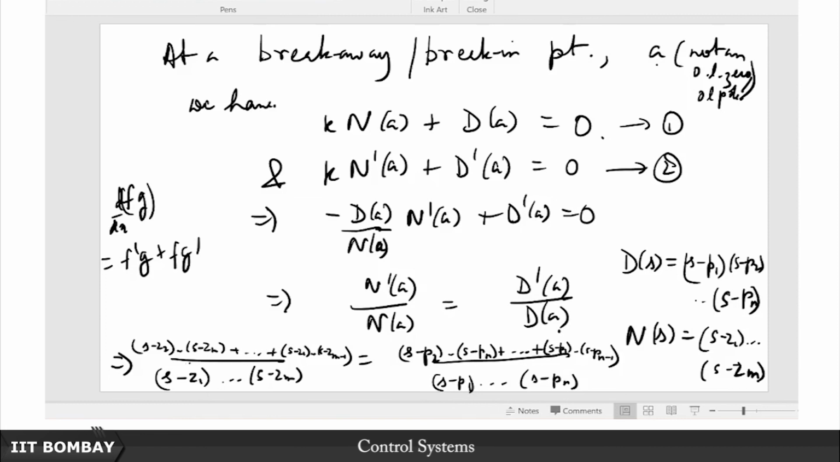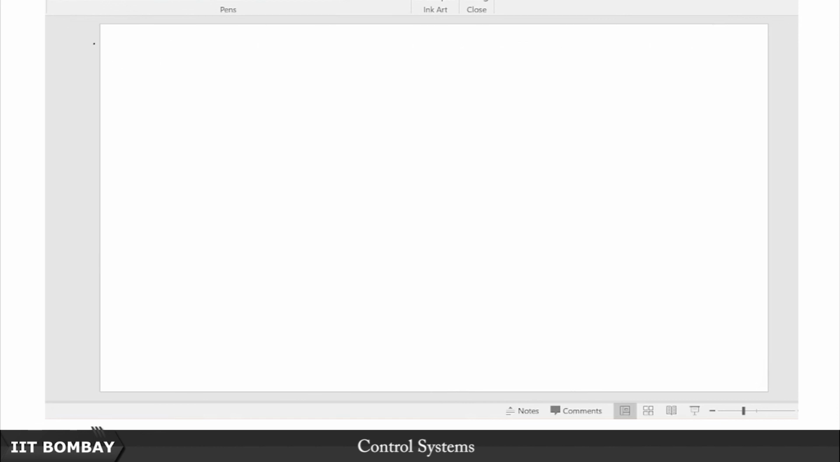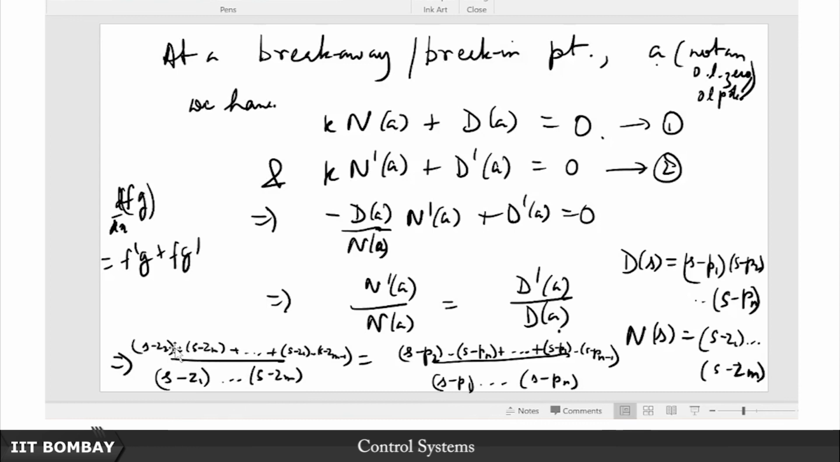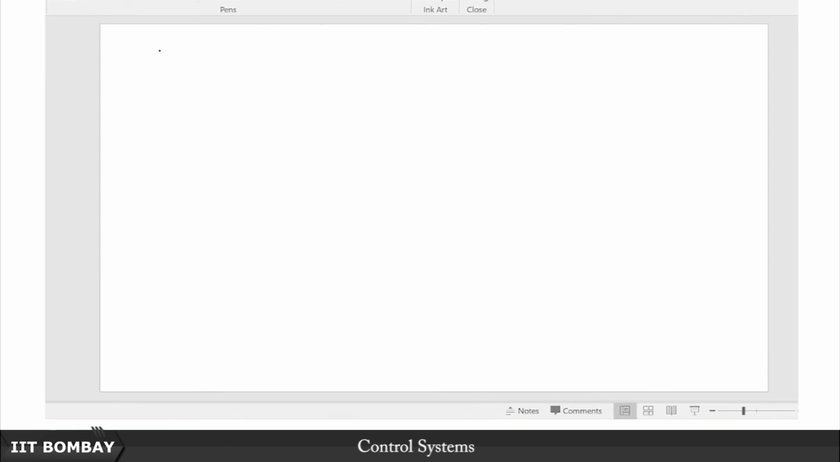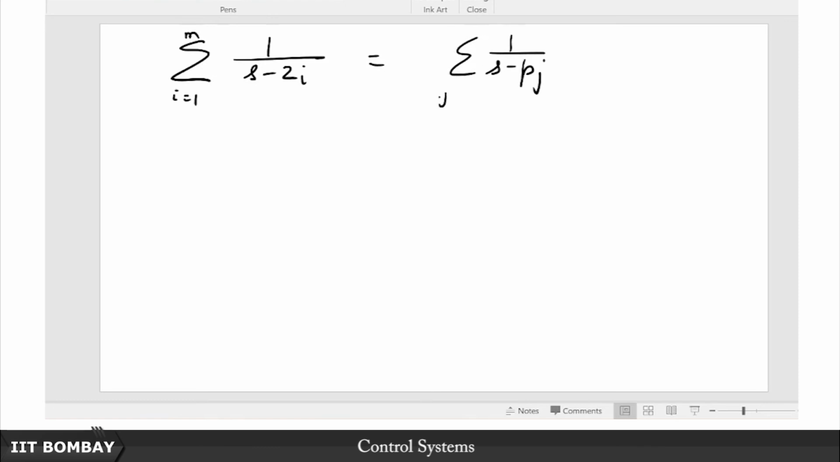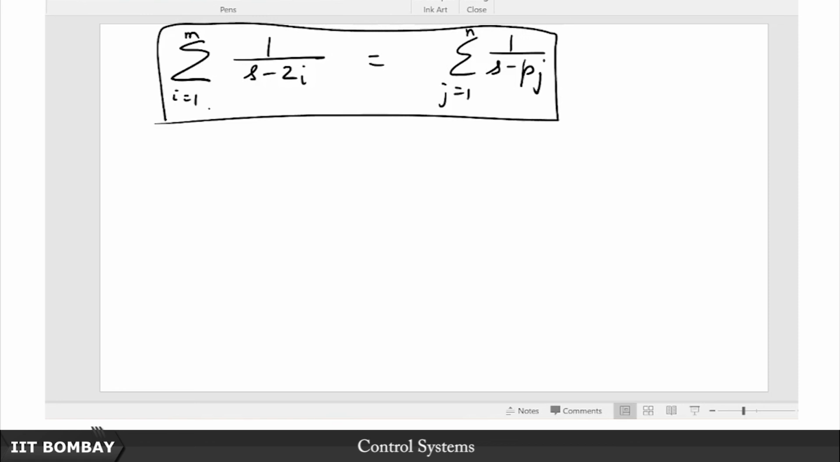But now if you open up this as a sum of m terms here and n terms on the other side, what happens is that from the first term, every other term cancels out with the denominator except s minus z1. So you can just check it out if you open it up, this is nothing but the summation over i from 1 to m of 1 by s minus zi is equal to the summation of 1 by s minus pj, j going from 1 through n. So that is the condition. This is the equation you have to solve, depending on how difficult or easy it is, to obtain